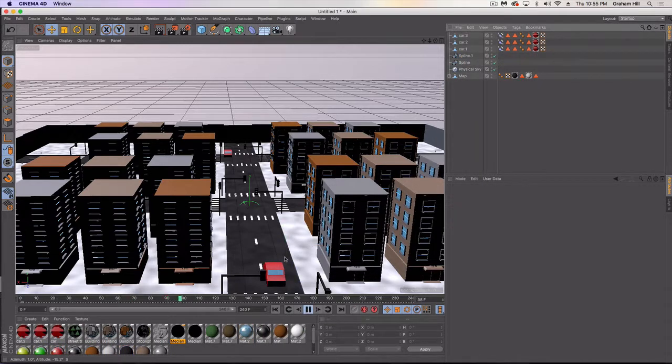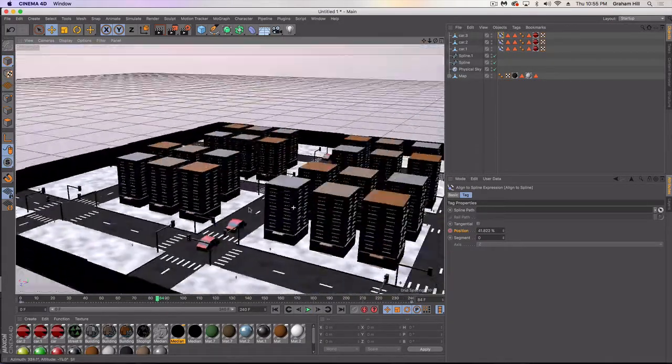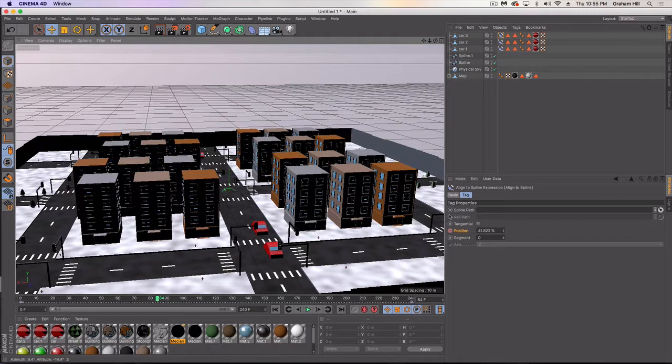Cool. Now what it did was, it looks like it did away with my tag. Which is weird because my spline is still very much, it's still saying